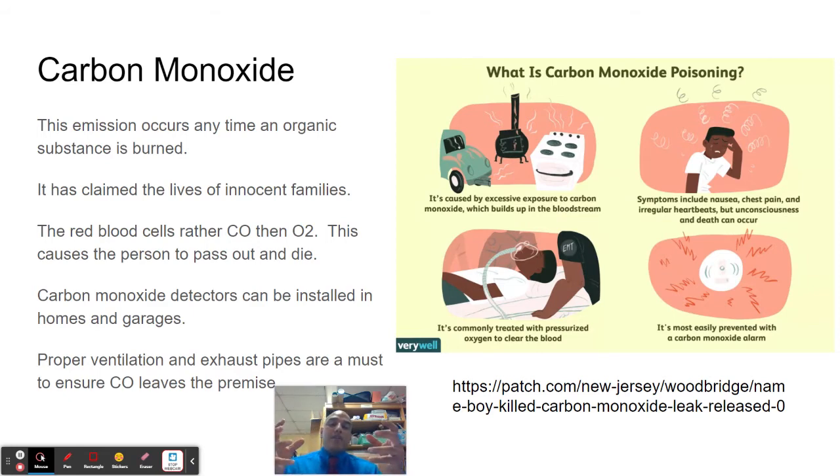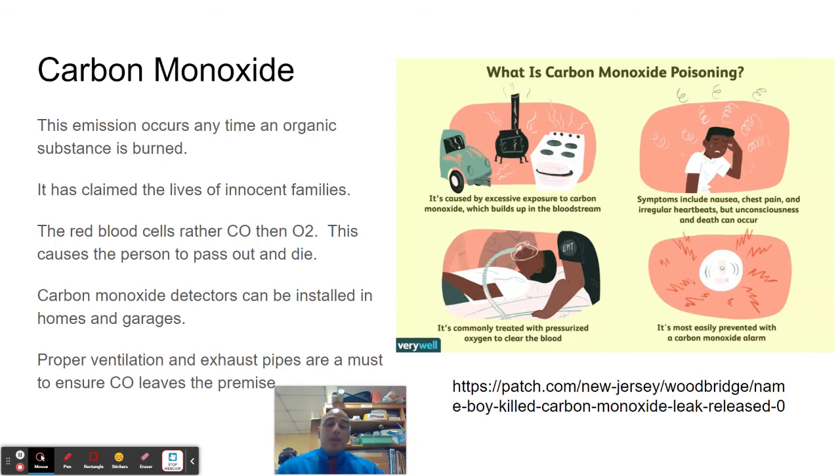It has more affinity towards your red blood cells than oxygen does. You don't have a choice, you're just inhaling, your body does what it's going to do in regards to inhalation. Because it's colorless and odorless, you may not know that you're no longer absorbing the oxygen, you're absorbing the carbon monoxide. You get nauseated, you feel a little sick, and then you pass out. And you die of what's called asphyxiation. It's a fancy word for saying suffocation.